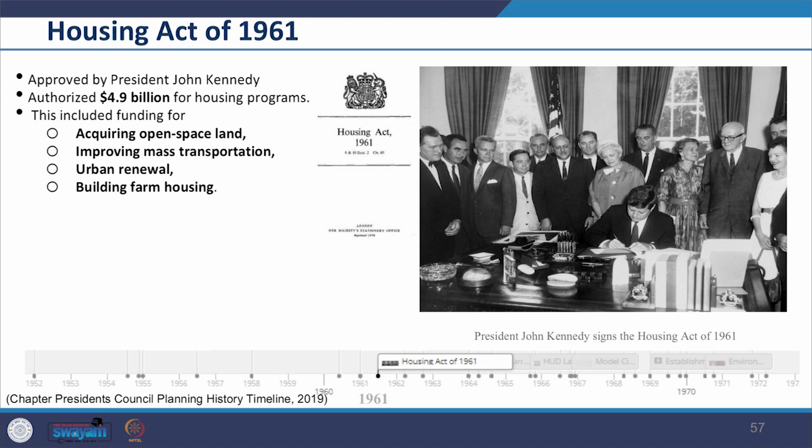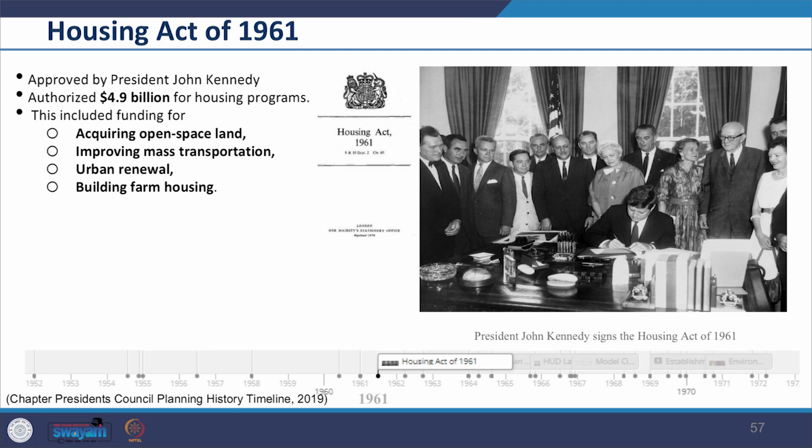Later in 1961, we see the Housing Act came in. This Housing Act was approved by President John Kennedy, authorizing nearly $5 billion in new funding for a wide array of housing programs. This included funding for acquiring open space land, improvement of mass transportation, urban renewal, and building farm housing.